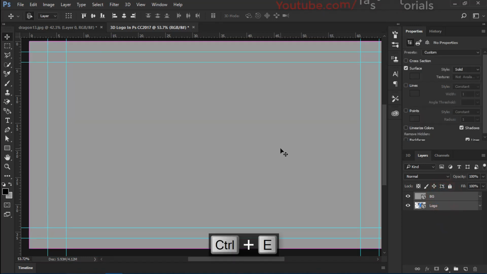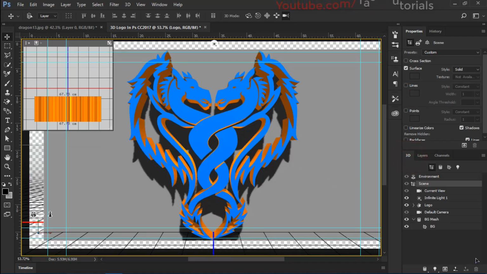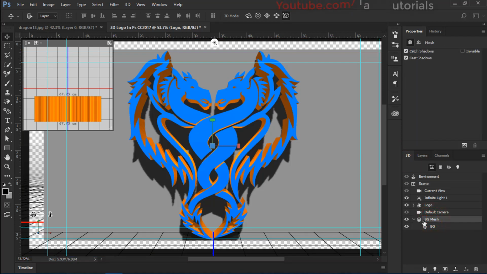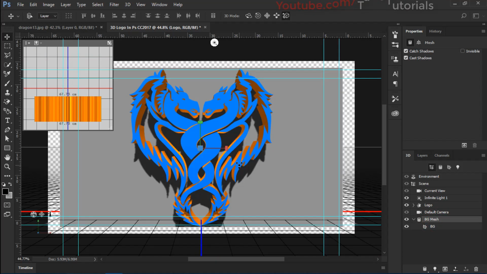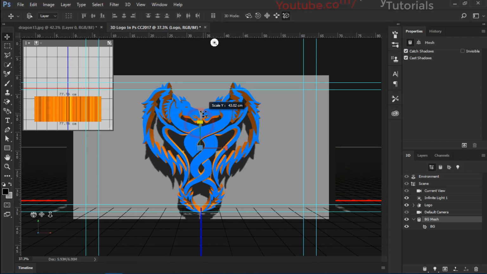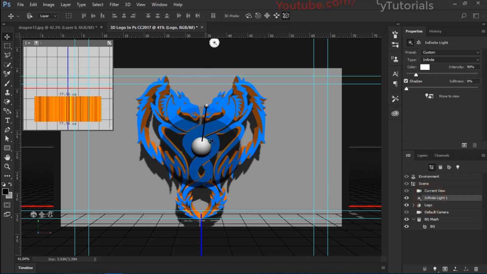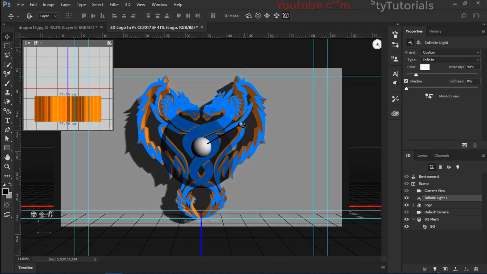Now this is the little changed method. Now we'll go to 3D, and this time we will select our background layer. As we see, this is the background layer, and select this background mesh. Select this scale 3D object, click, and we'll size it up, the back wall, sorry. That's nice. Now what we need to do is we will simply just select our light. You will see this is the light, and we'll click and drag it right in this side corner of this top right corner, and we'll move it back